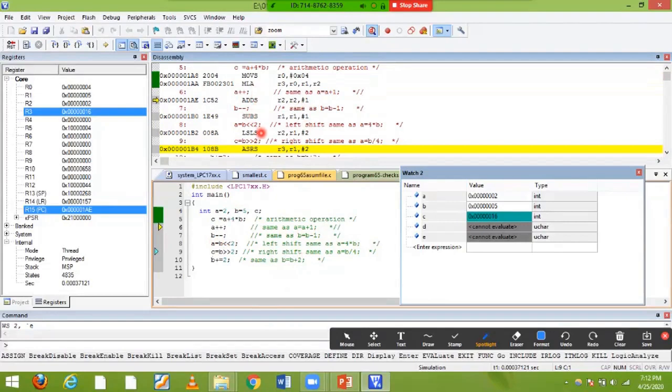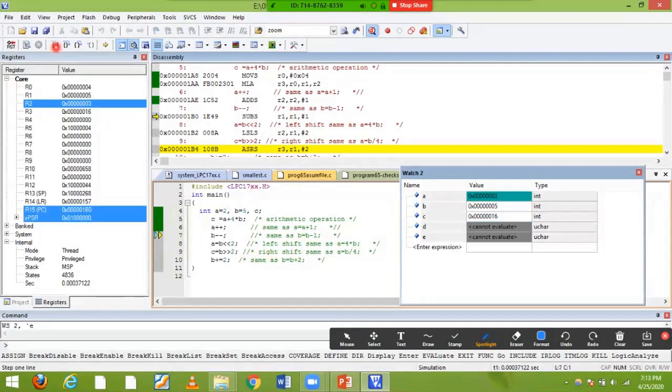Everywhere you have the S, it means every instruction needs to affect the flag register. That's why you have an S. Now you see R1 comma 1, it is subtracted, because the B value is taken in my system as the R1 register. Okay, next you can see that. To execute this, let's see. The A value first will come as 3, because 2 plus 1 gives 3, and B is 5. 5 minus 1 gives 4. Let's see, B is also updated, so this register will also change.